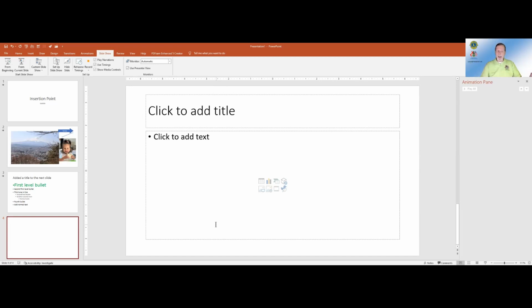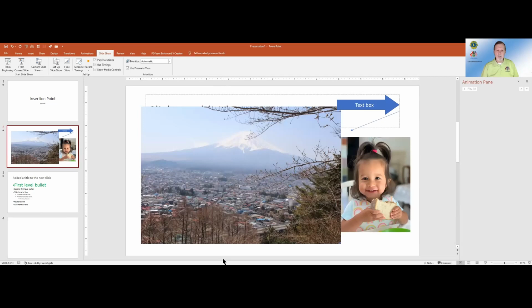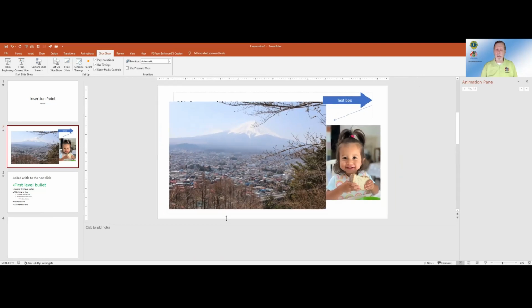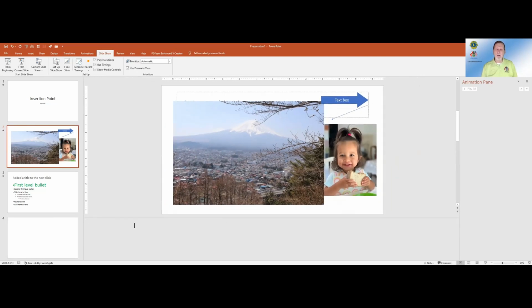Working in a slide, I'm going to position my mouse right here, and I'm looking for that double-headed arrow, and I click and drag up. The notes that I assign here